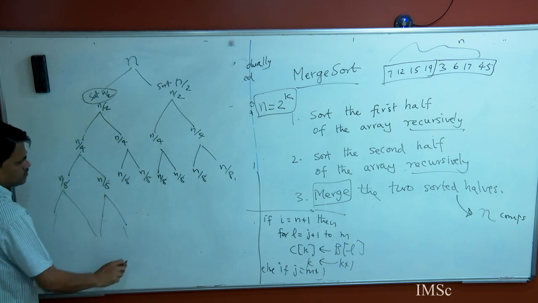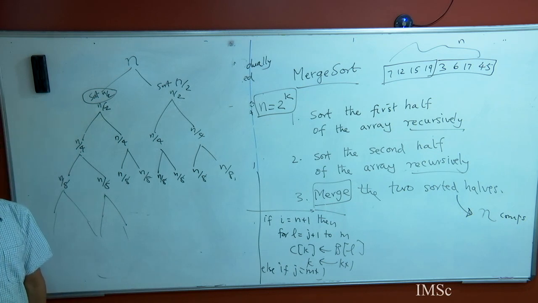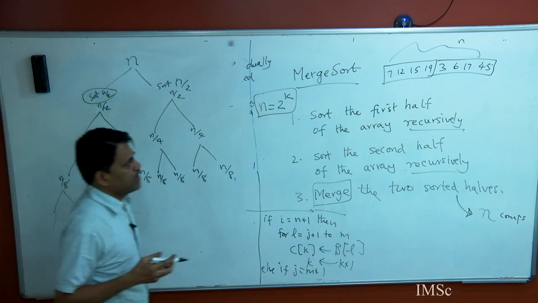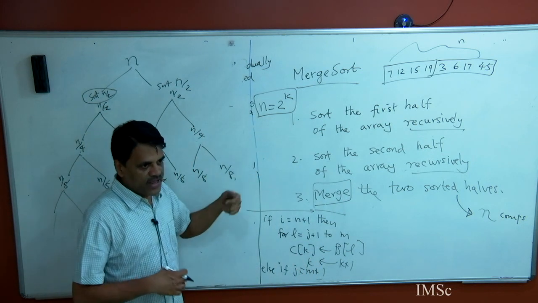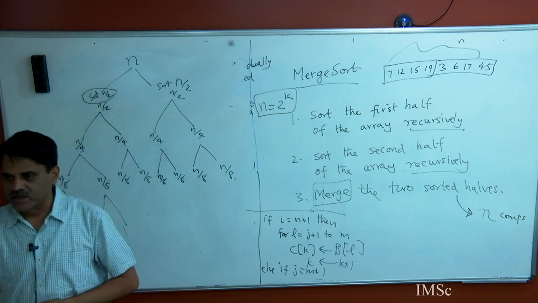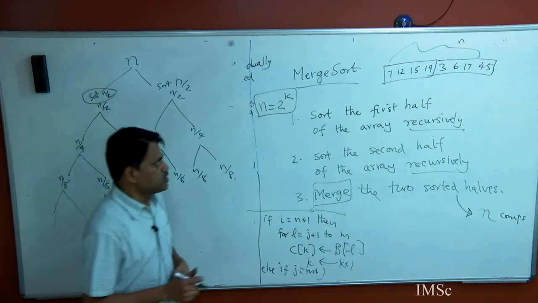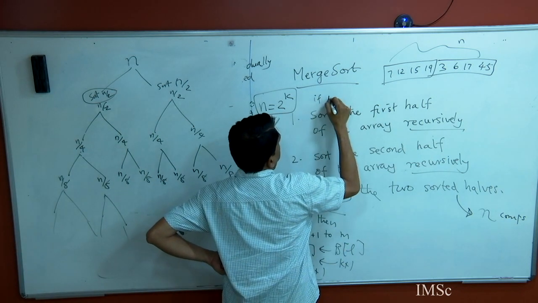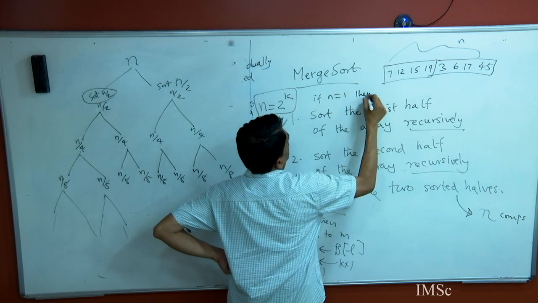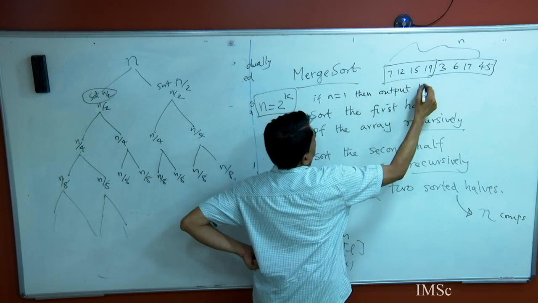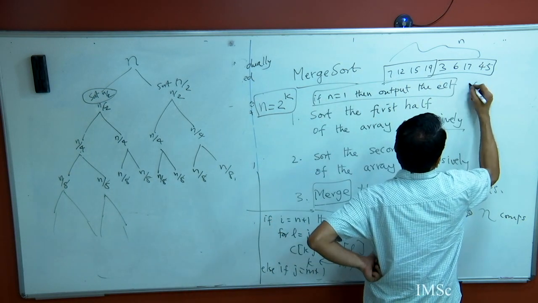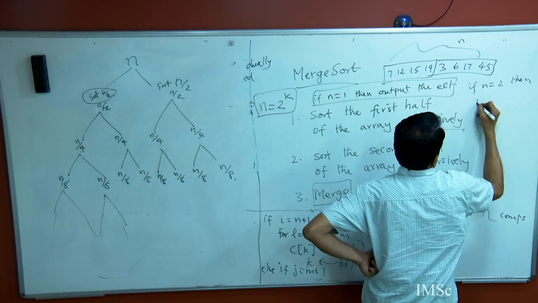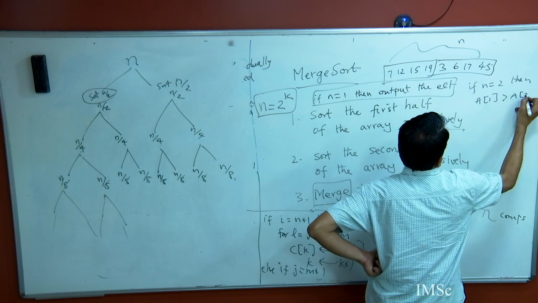Where does it end? Yes, when you have one element or two elements. So one of the things you need is a bailout condition, right? For any recursive algorithm, it's like a base case of induction. You need to be able to get out of the recursion at some point. Either you can say if n equal to 1, then output the element. So you're done. You don't need to do any recursion, no comparison. Or you can say if n equal to 2, then if a1 is greater than a2, output